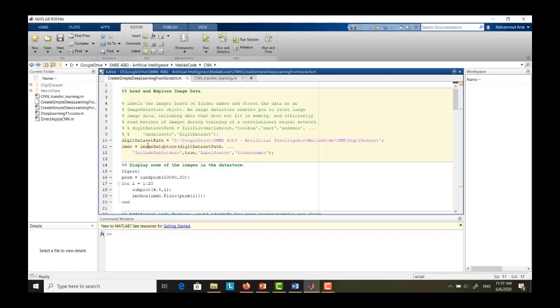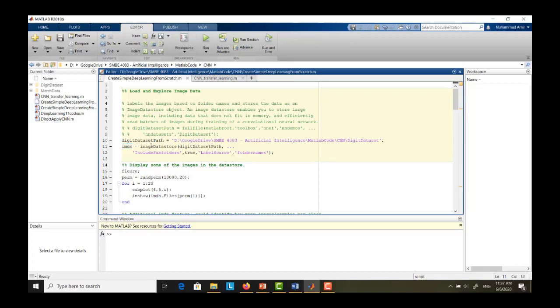If you want to create a variable with the type of image datastore, then you need to do this. This is just a name of variable. You can use another name as well, but we want a meaningful name, so we use the word imds to refer to a variable whose type is image datastore,